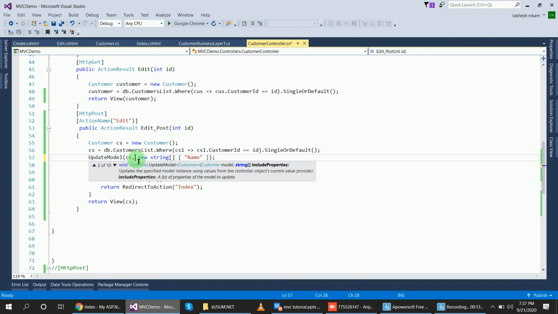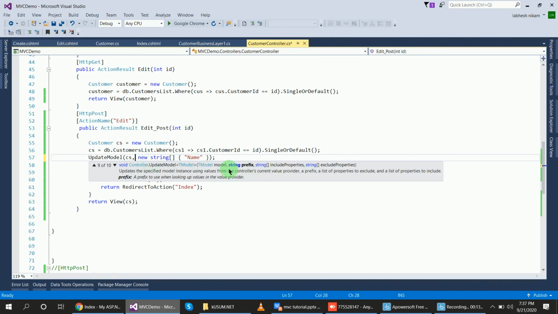For excluding property there is a separate overload. Exclude properties: this is my exclude property, name, and a string is here.